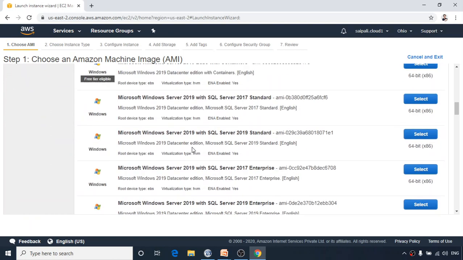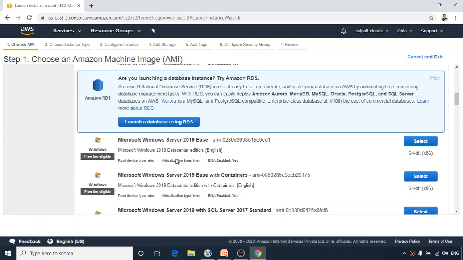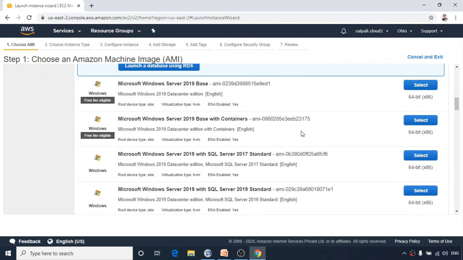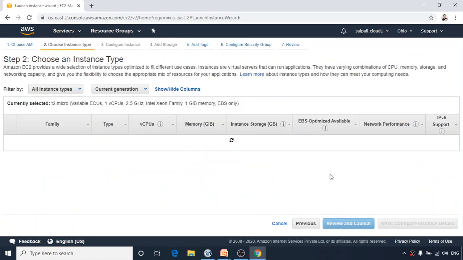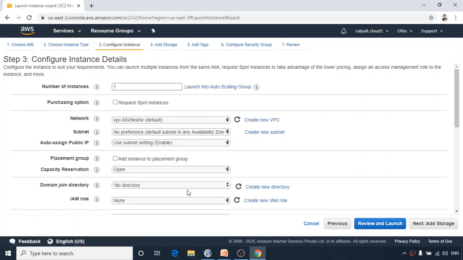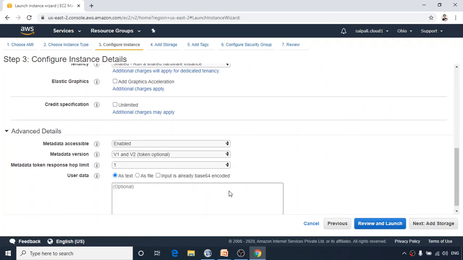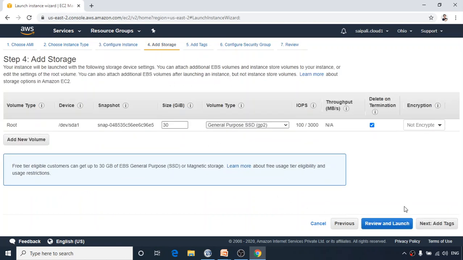So I go to any of the Windows instances, 2019 base. Let's use 2016, for example. Configure instance. We know all these things, so I'm not going to discuss them again. Add storage, because it is Windows, 30 GB. This option you already know.